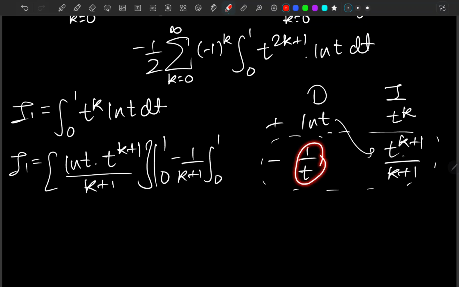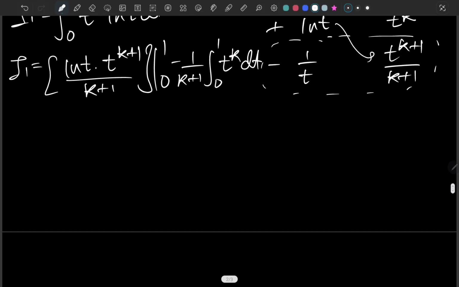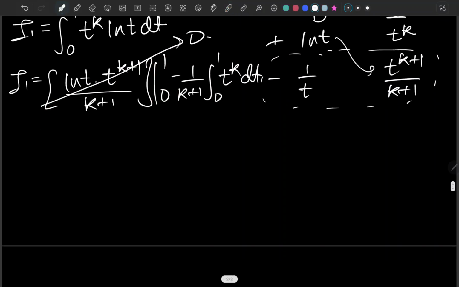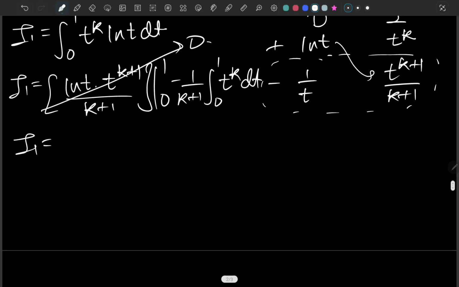If we combine this one with this one, this power would be cancelled out, and we would be having t to the k here dt, right? And if we talk about this here, when you plug 1 in the place of t, ln of 1 is 0. So the first one is 0, right? And if we talk about 0, it's totally 0. So basically this is going to 0, and we are having I1 equals negative 1 over k plus 1 times